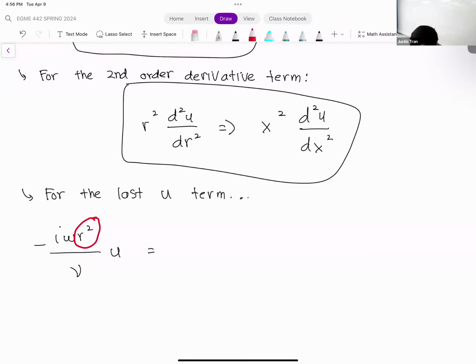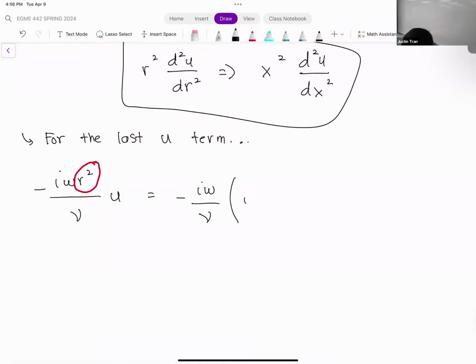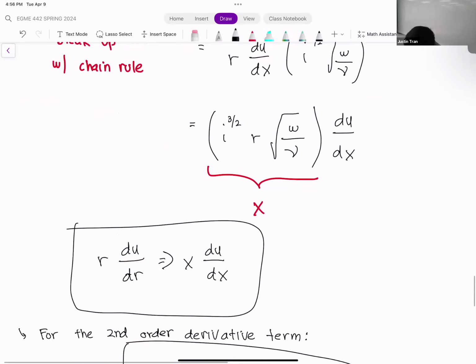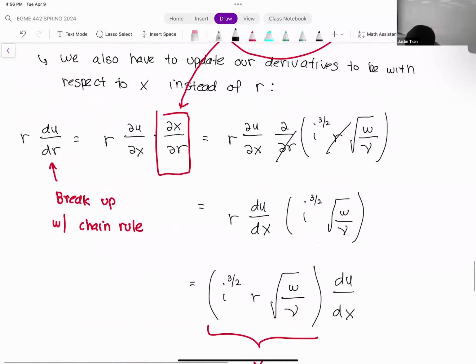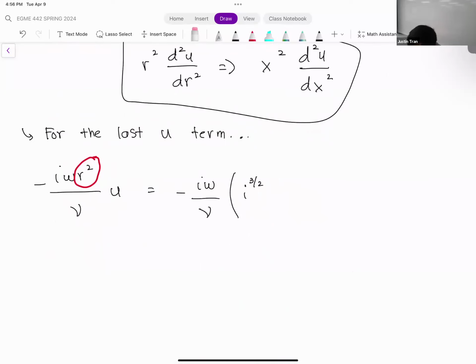So we plug in r in that case there. So we have a minus i omega over nu times r squared. Okay, so we know that our r has the expression of i to the 3/2 times... or excuse me, let's plug in the inverse of this. And so when we plug in for r squared, r squared is going to be...